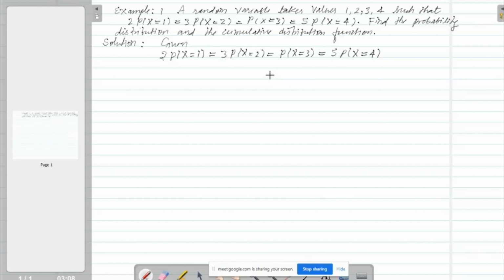So for this, what happens here? If I take any value, equal to k, suppose I took, so which value should I take? K. You can take any value. So let us assume p of x equal to 3 is k. I took k. p of x equal to 3 equal to k. Now therefore we will have